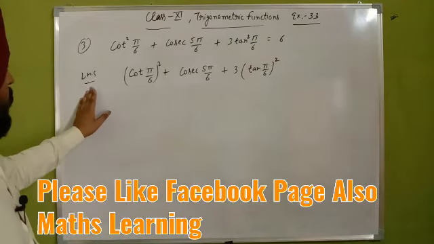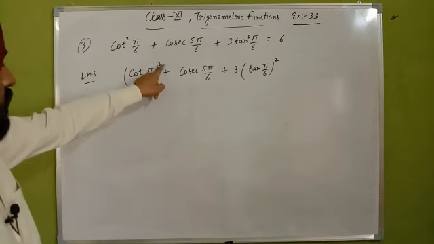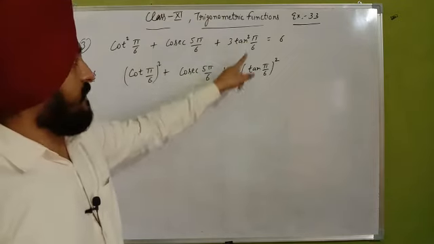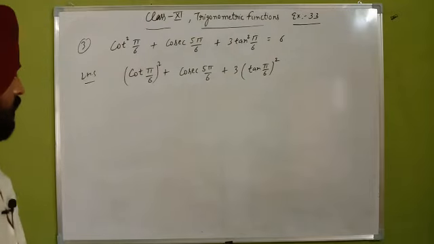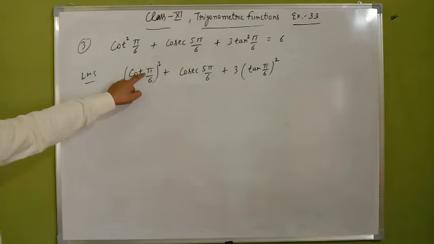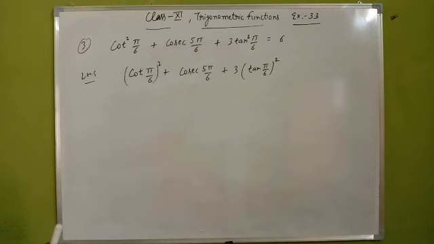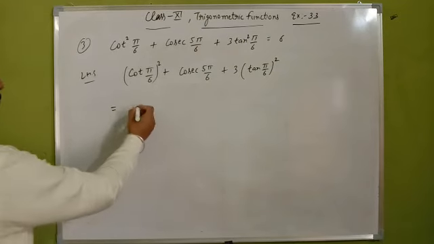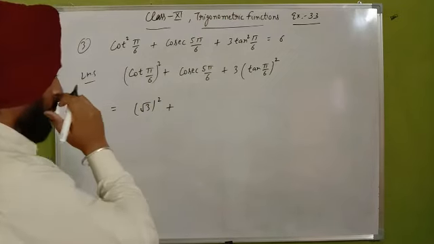So I have written there left hand side, cot square pi by 6 as cot pi by 6 whole square, cosecant 5 pi by 6 as it is, and 3 into tan square pi by 6 as 3 into tan pi by 6 whole square. Now cot pi by 6, pi is 180 degree, 180 degree upon 6, that means 30 degree. So what is the value of cot 30 degree? That is inverse of tan 30 degree, that is square root 3 whole square there,